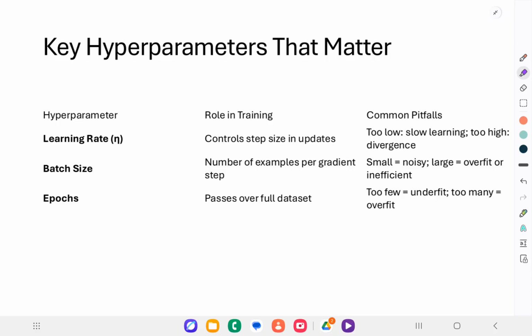So the next hyperparameter is also the batch size, right? This one affects both the training dynamics and the hardware efficiency. Smaller batches introduce noise into the gradient estimate. Sometimes they're helpful for escaping local minima, while larger batches offer smoother updates